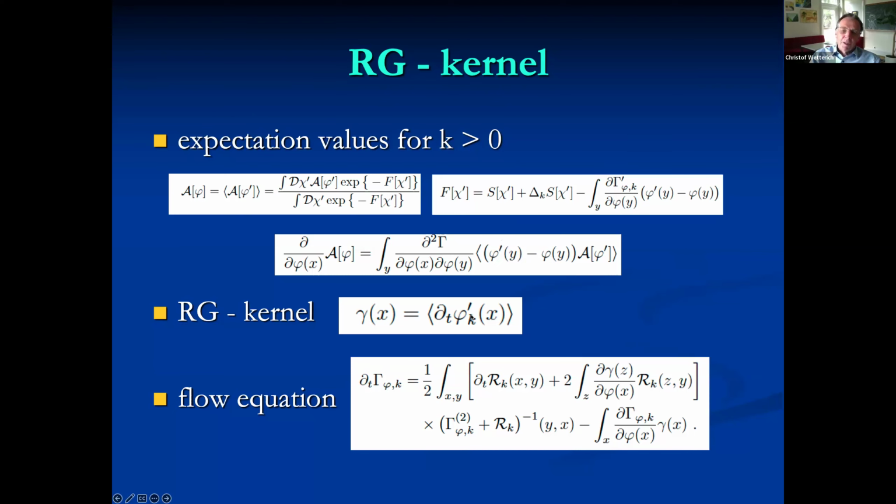Now, with this type of expectation value, the so-called RG kernel is nothing else than the logarithmic k-dependence of phi prime at fixed chi. And you can use this identity for the phi derivatives of an observable in order to transform the flow equation to the form that you usually have with your correction terms. So that's all fine. These are exact equations. There is absolutely nothing else that has to be said to that at this point.